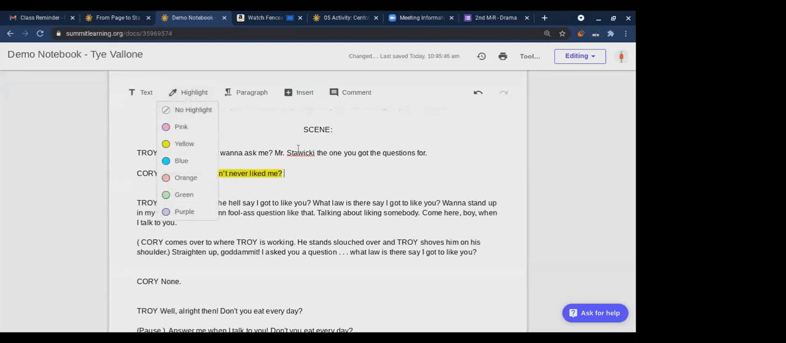And then when we annotate something, like I said, we want to take notes and jot down what all these things we're highlighting mean. So I can do that here and I could say, the words Corey uses here imply that Troy's character seems